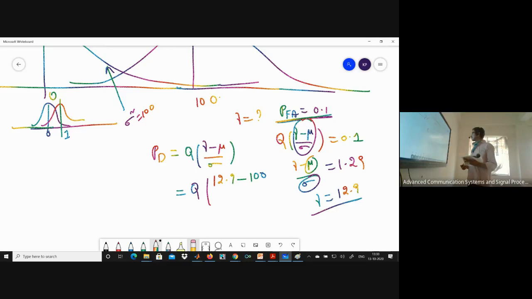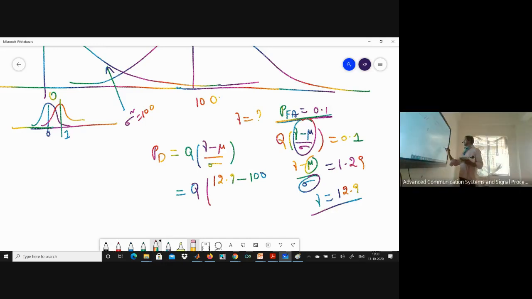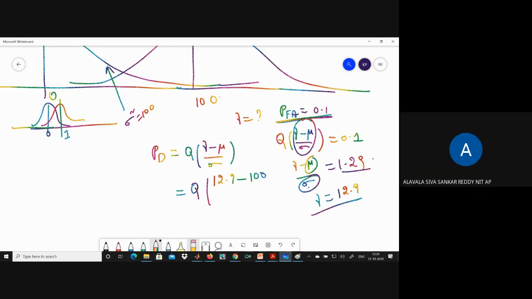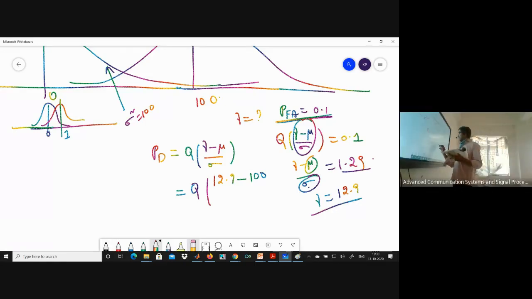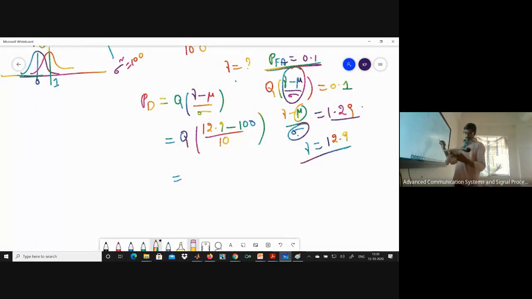See, sigma is 10. So if I take 1.29 multiplied by 10, it will be 12.9 only, right? Yes, sir. So 12.9 minus 100, divided by sigma, and sigma is again equal to 10. If I calculate this value, this will be something around Q of